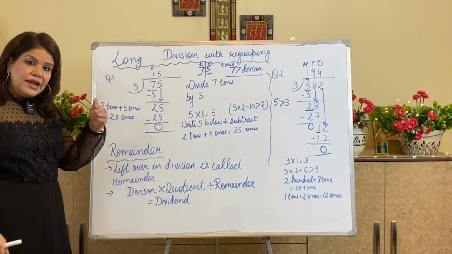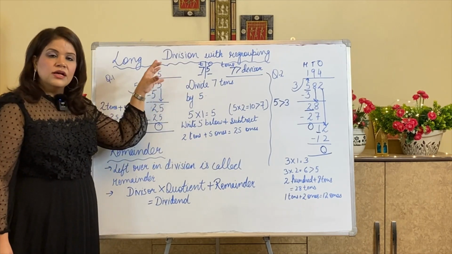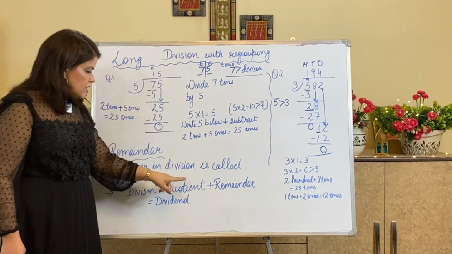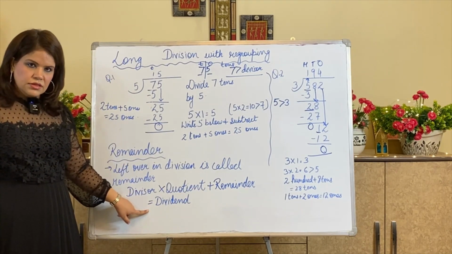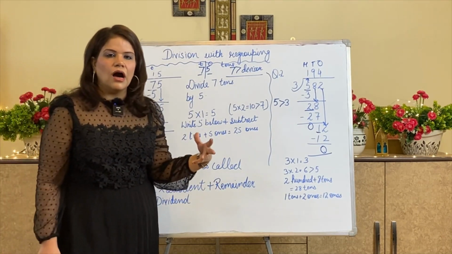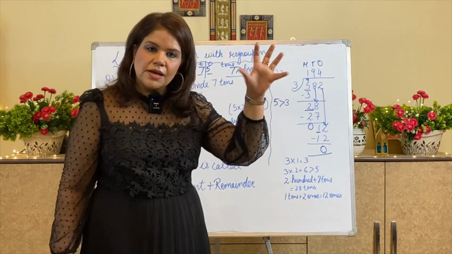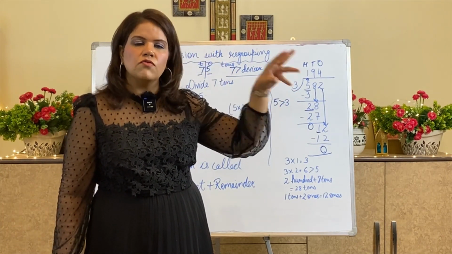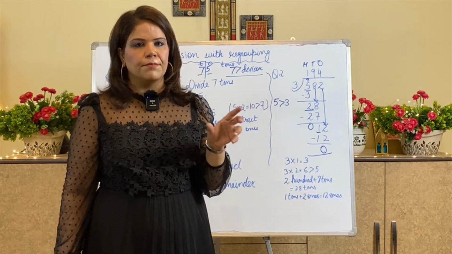Now since I am left with a remainder, that means when I multiplied, something has been left. So that I need to add to check what my dividend was. Understood? Why am I doing plus remainder? Because when I get a remainder after multiplying two numbers and then subtracting, that means something was extra. Whatever extra was there, we will add in the multiplication to get the dividend.